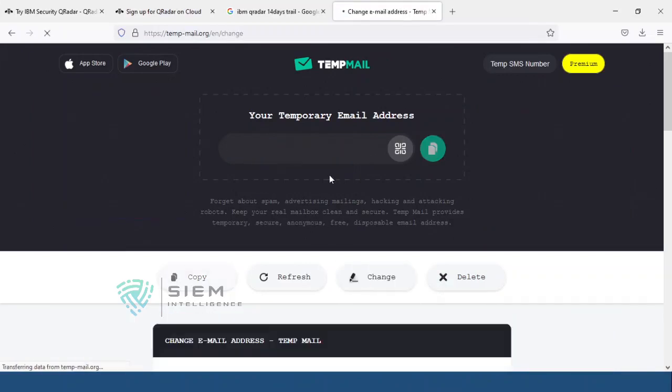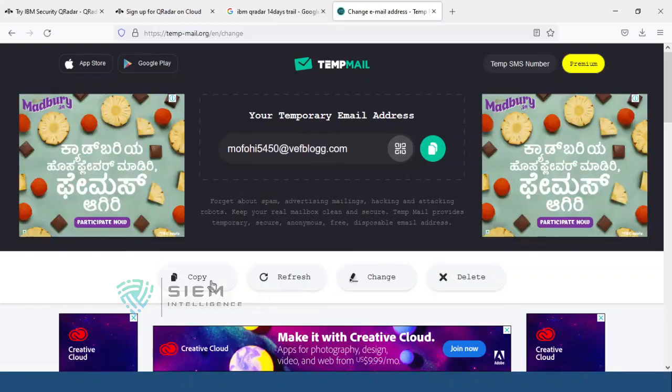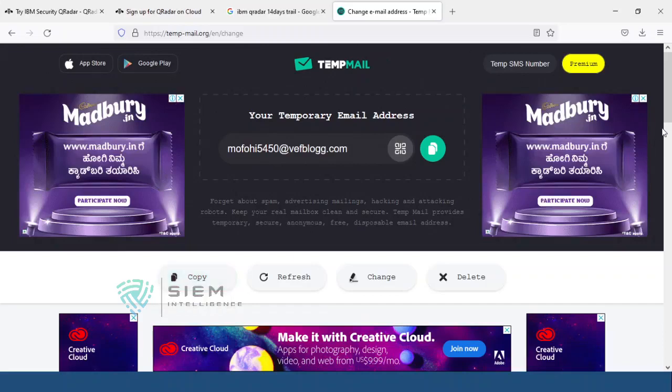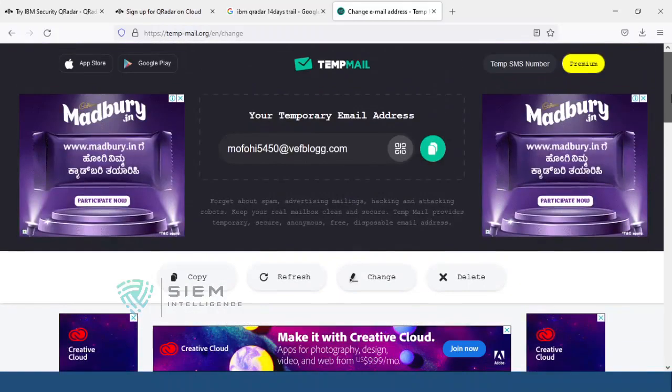You can also copy to clipboard. This is one of the easiest and safest temp mails I have found till now.